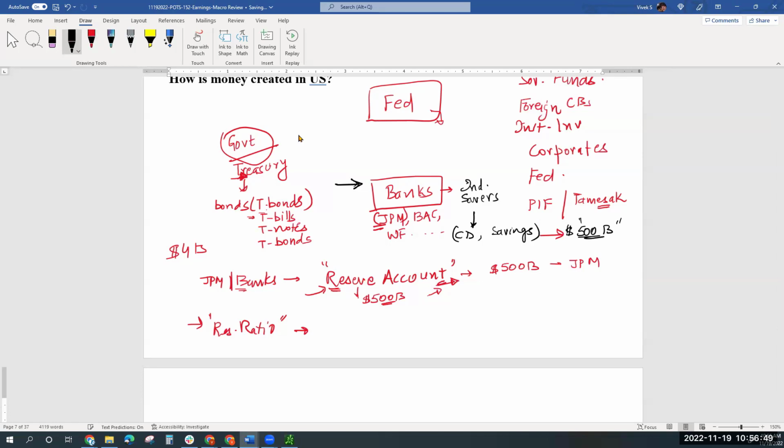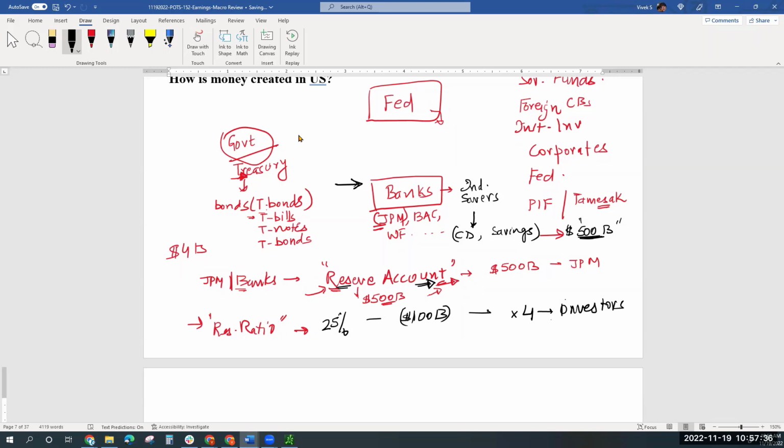in JP Morgan, obviously not everyone is going to withdraw at the same time. Based on whatever logic, the Fed decides that reserve ratio, which means, let's say, earlier it used to be 25%, you need to have 25% of all your liabilities tied up in this reserve account. That means $100 billion is tied up in the reserve account. Or conversely, whatever money you have in your reserve account, you can lend 4 times of it to other investors,